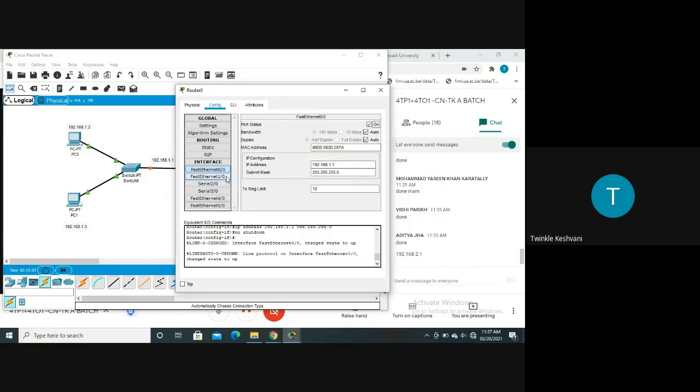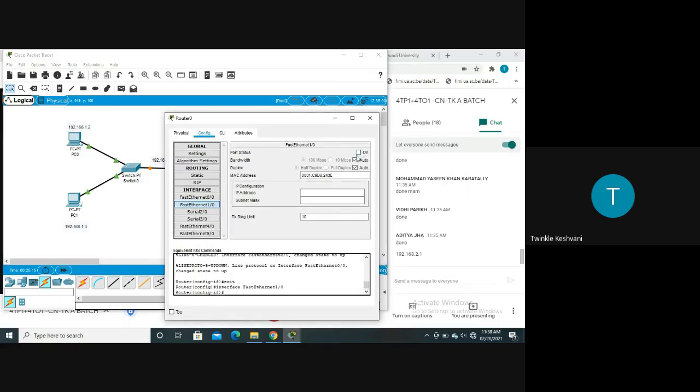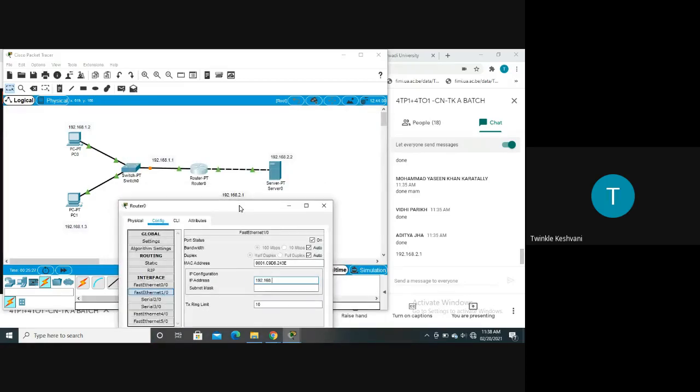Then you have to go for fast ethernet 1/0. The same thing you have to do. First of all, check this button on, and then give the IP address, that is 192.168. What should be the IP address here? That should be 192.168.2.1.